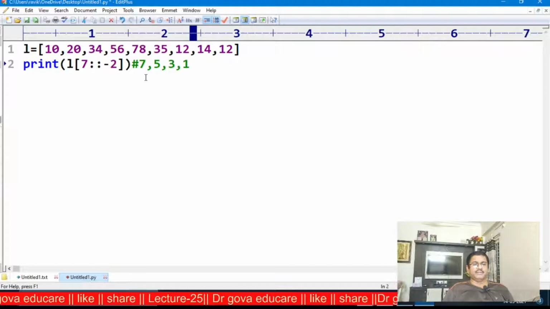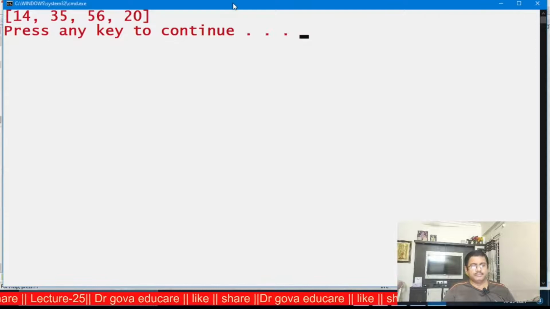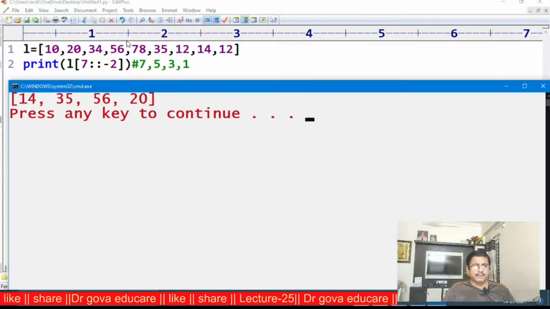What is the 7th value? 0, 1, 2, 3, 4, 5, 6, 7: 14, then 35, 56, 20 will be displayed on the screen. Now observe the output: 14, 35, 56, 20 will be displayed on the screen.